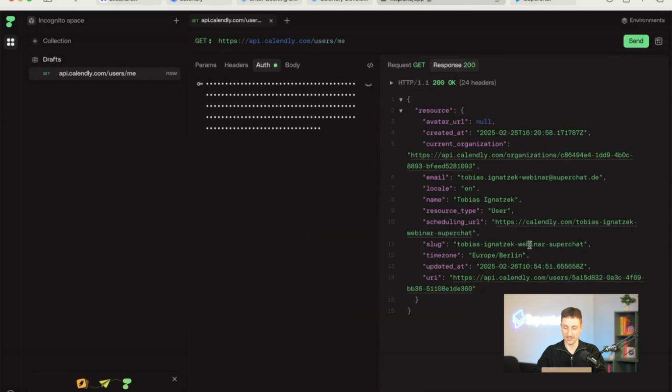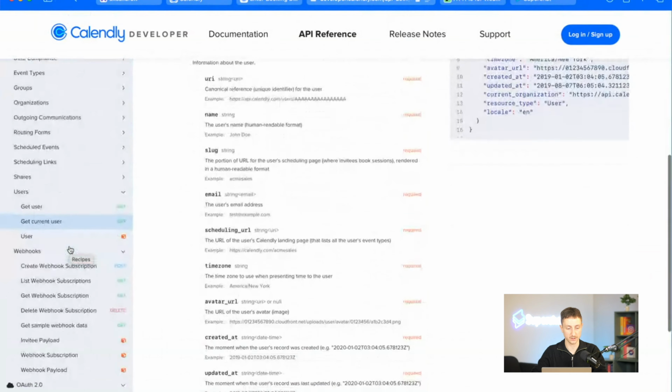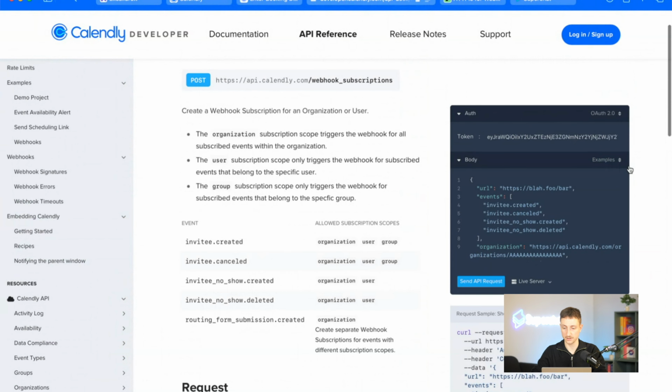I see, okay, that is my slug, that is the scheduling URL for my primary event. Then I have my current organization and also the URI, which is basically my user ID in Calendly terms. Okay, so I have all this data here. I head back to the Calendly docs, create subscription, and then